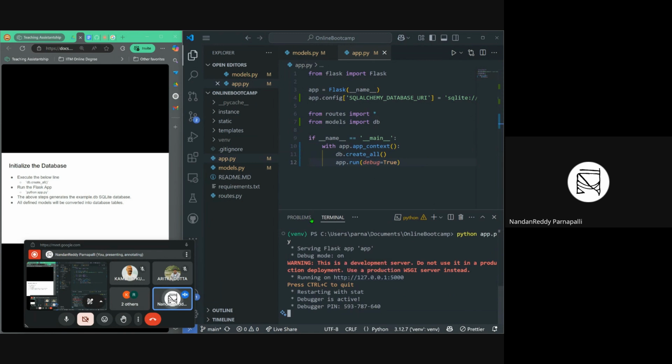Now the app is running, but where is the database? Inside the instance folder, we have database.db. For every instance, it will create a new database, okay. And we should not post our database into the